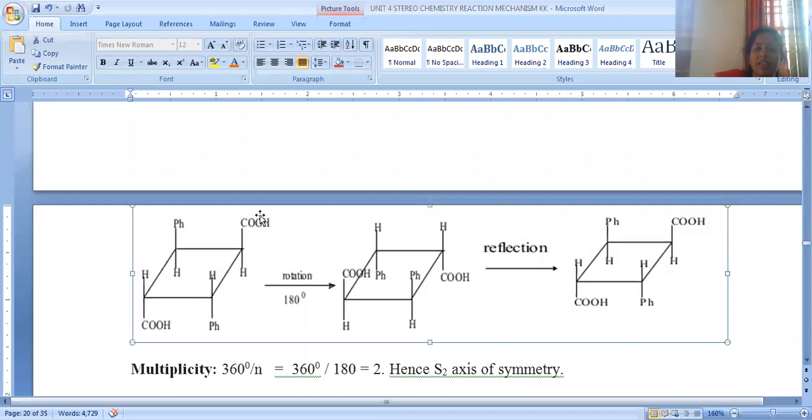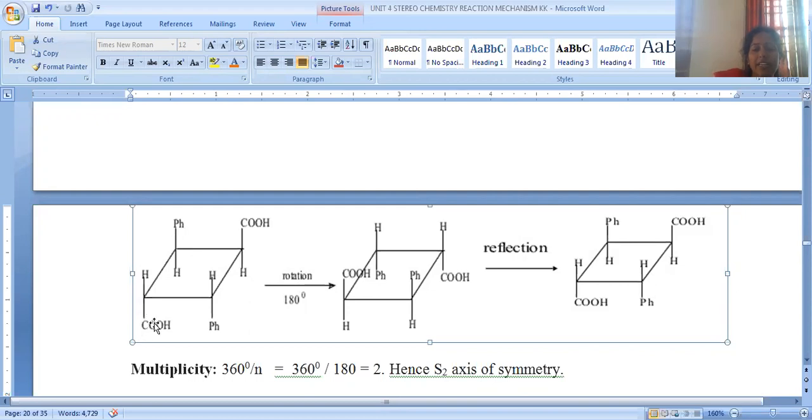Another 90 degrees, COOH comes to this position. That's the reason why the functional group present at this corner comes to the exact opposite corner. Now this COOH goes to first, followed by the second corner. That is nothing but the exactly opposite corner. And this phenyl group is rotated towards this opposite corner, and this phenyl group is rotated towards this opposite corner. This is about 90 degrees rotation.